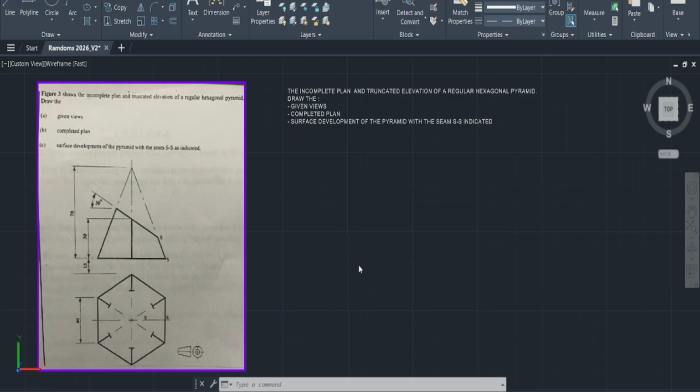For this worked exercise today, we will be doing a question centered around surface development. For this question, we are shown an incomplete truncated elevation of a rectangular hexagonal pyramid. What we're required to do is three things. One, we have to draw the given views, we have to draw the completed plan, and we have to do the surface development with the seam